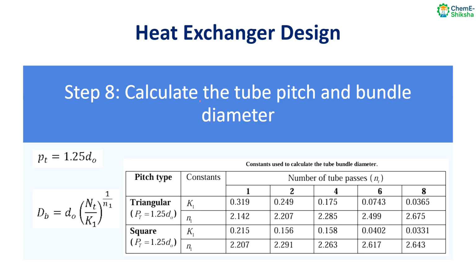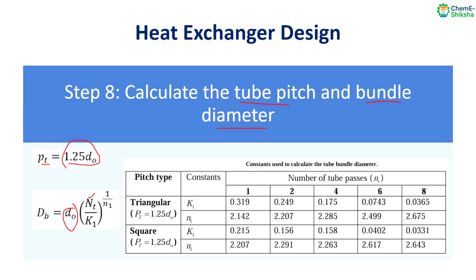Now after that, in this 8th step, we have to calculate the tube pitch and the tube bundle diameter. Tube pitch PT equals 1.25 into D naught, where D naught is the tube outside diameter. So from there we can calculate the tube pitch, and the bundle diameter Db equals D naught into (NT by K1) to the power 1 by n1. Db is the bundle diameter, D naught is the tube outside diameter, NT is the number of tubes,